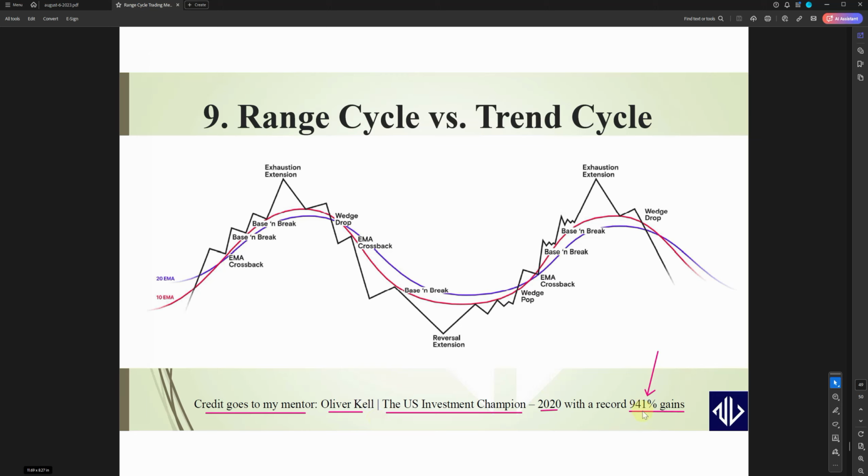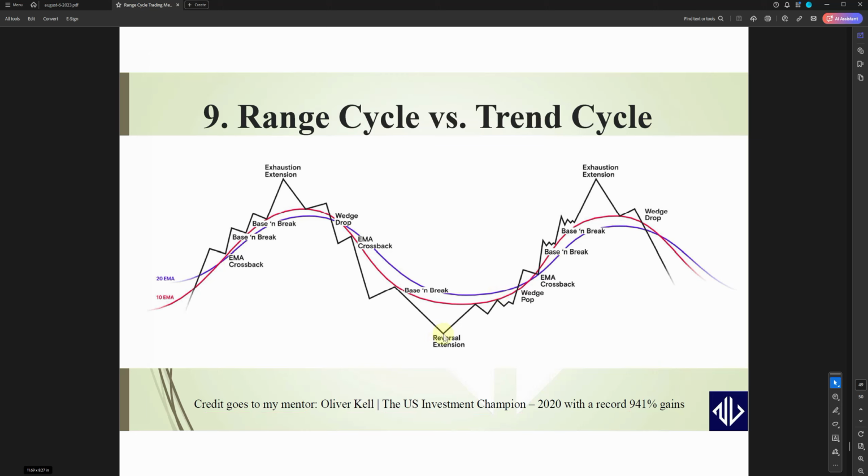These are not just fake screenshots by someone saying, okay, I'm 2000% up or 10,000% up. It's not like this. All these numbers are audited. And if you want to learn more about the US Investing Championship, you can check online what it is and how these numbers are audited. But anyways,